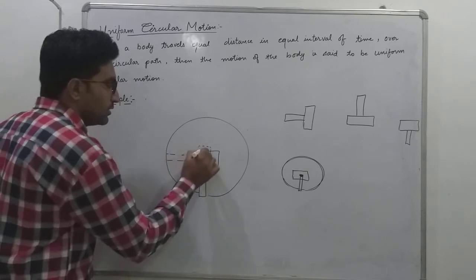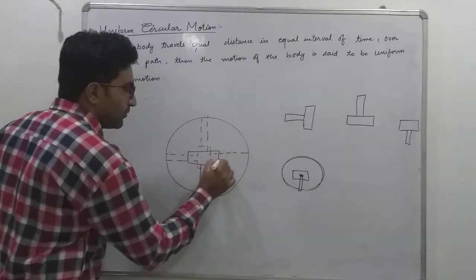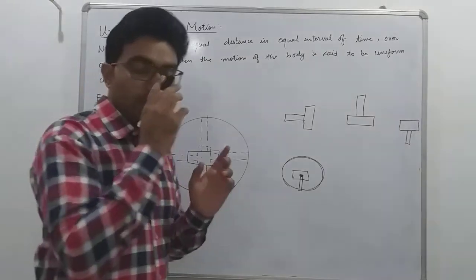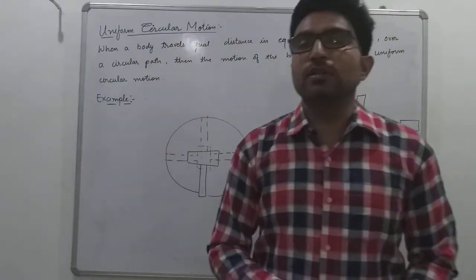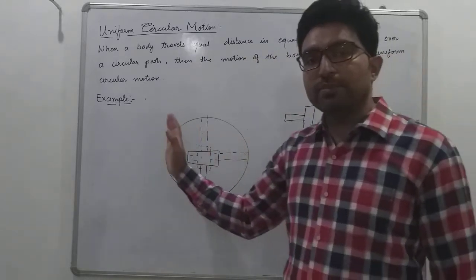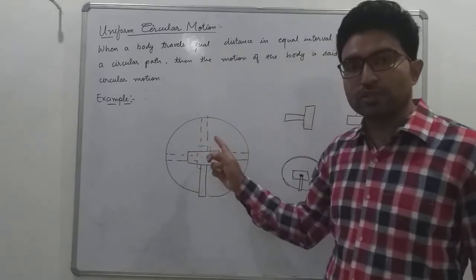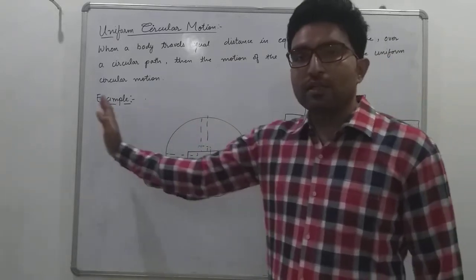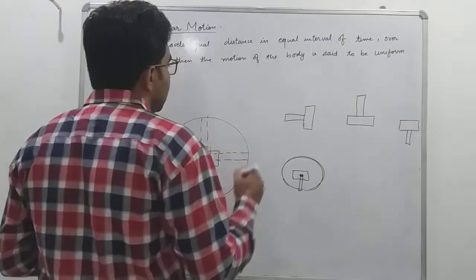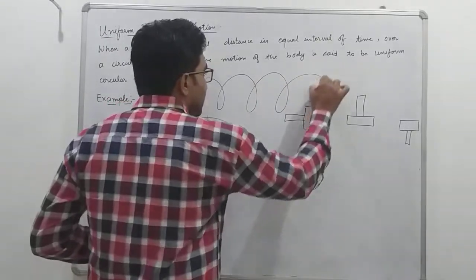After some time, this one, and after another time, this one. It will move along the circular path, but like the case of the motion of the Moon, it also travels a linear displacement. It is in uniform circular motion, and it is also traveling in linear motion. So its motion is again like helical motion. Okay, its motion is again helical.